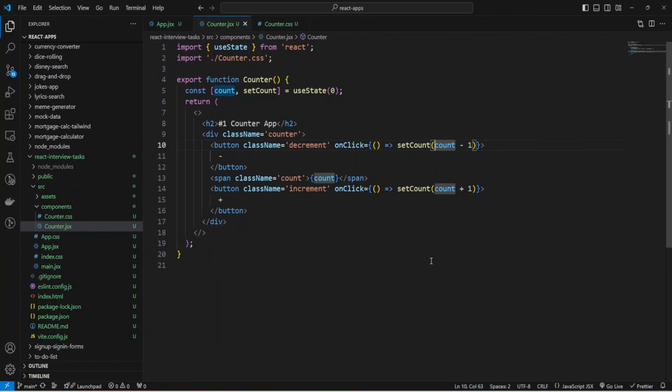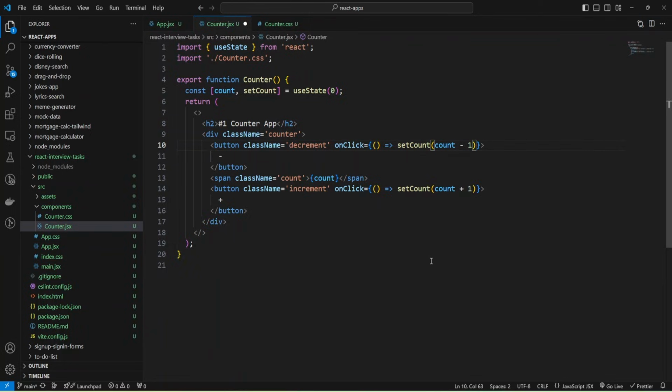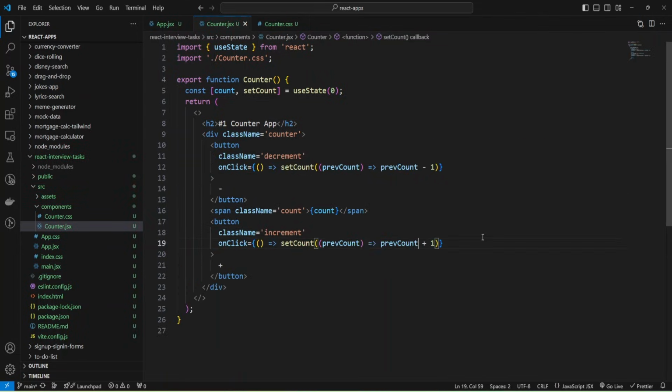And for setCount, we need to provide function that will get first count, and then decrease 1 from that prevCount, and the same we need to do for our class, and use prevCount, and this will safely update our count because we retrieved it based on the state.